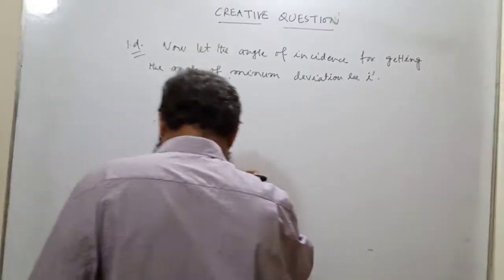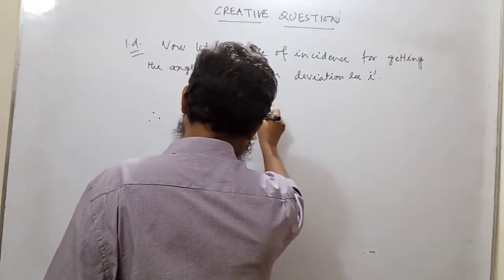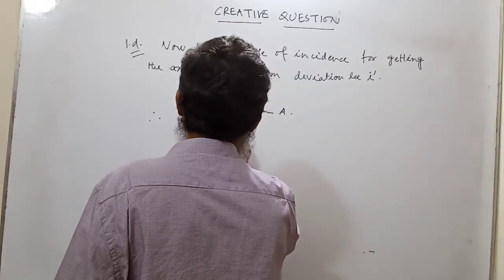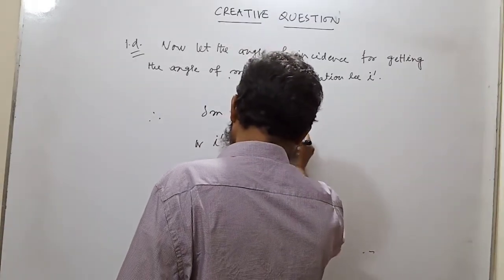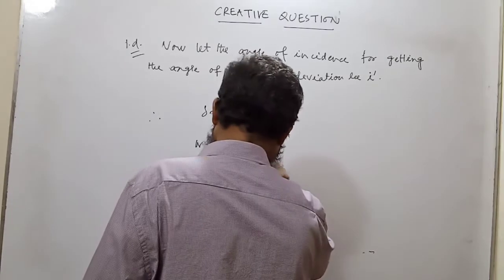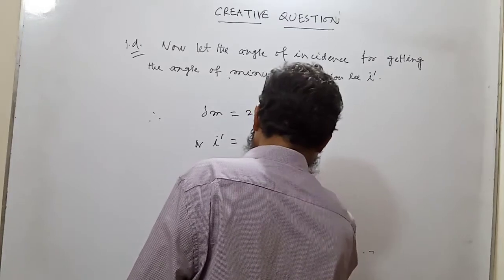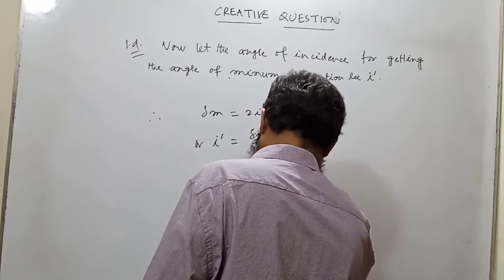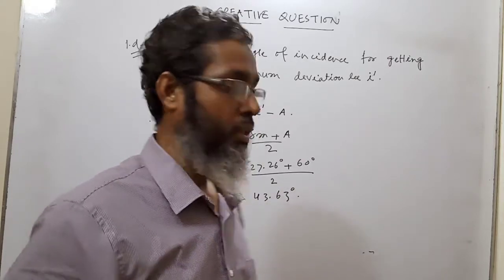Therefore, delta m is equal to twice I prime minus A, or I prime is equal to (delta m plus A) by 2, which is equal to (27.26 degree plus 60 degree) by 2, which is equal to 43.63 degree. That means for getting the angle of minimum deviation, the angle of incidence